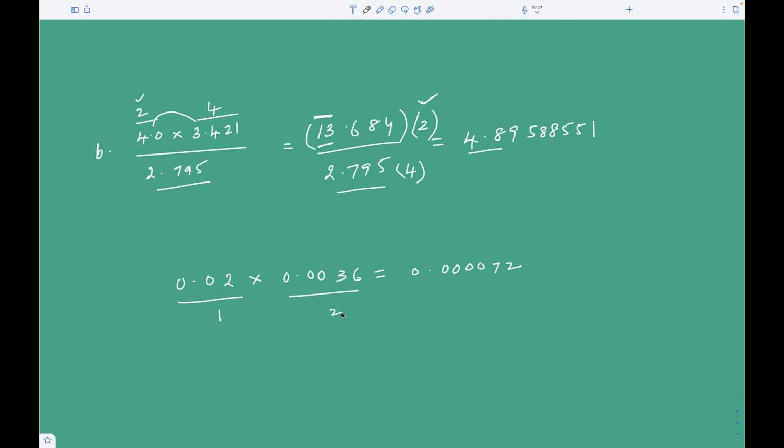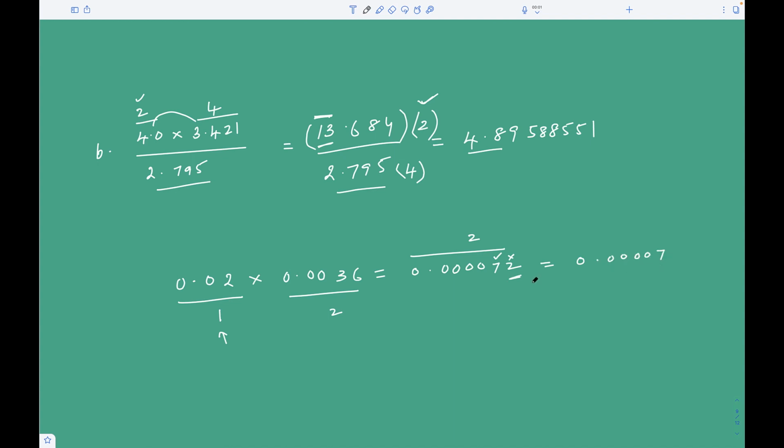In this, there are 2. And in this result also, there are 2 significant figures. But there is only 1 significant figure in the limiting term. So the result also must contain only 1 significant figure. So we have to round it to 1 significant figure. So we have to keep this digit and drop it. And you know how to do rounding, and upon rounding, the result you would get is